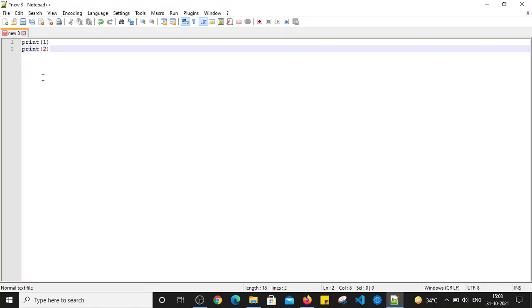But what if I want to print 1 to 100? I will have to write this statement 100 times. And if I want to print the numbers from 1 to 10,000, I will have to write the print statement 10,000 times, right? That is not a feasible approach, not the correct approach. So for such situations, in programming languages, we use the concept of looping. Whenever we have to execute the same statement multiple times, we use loops.